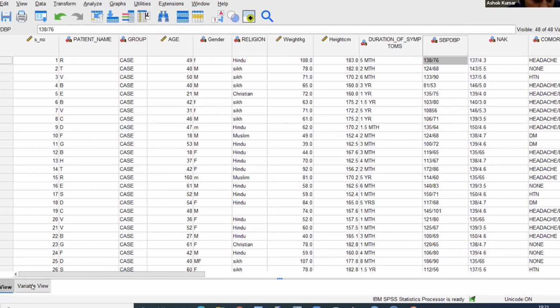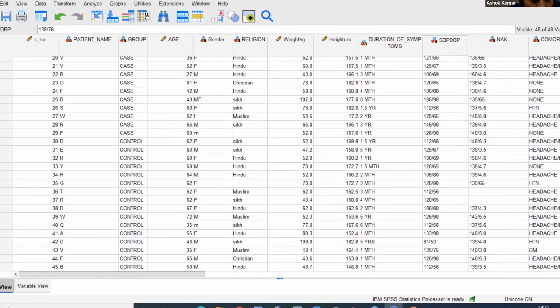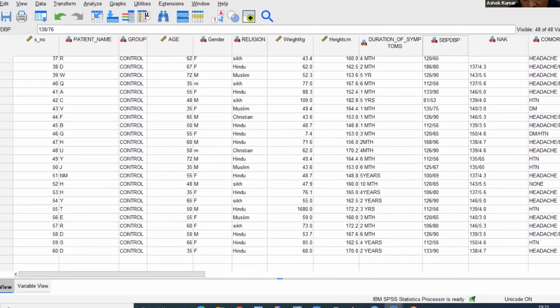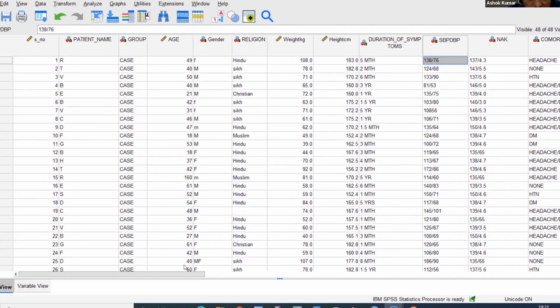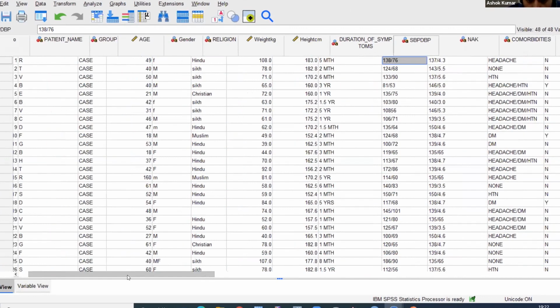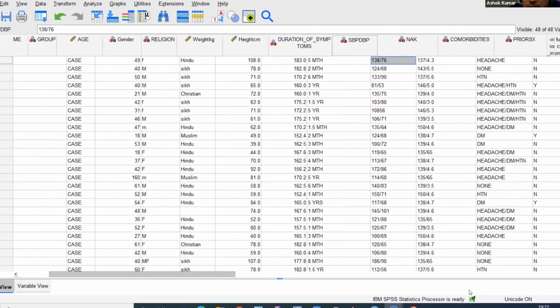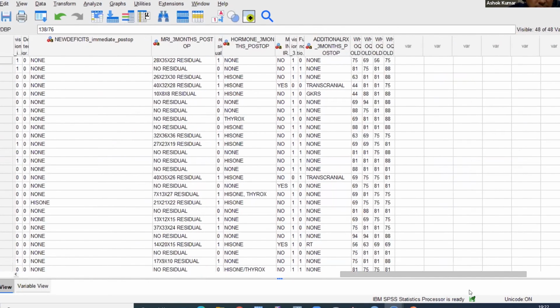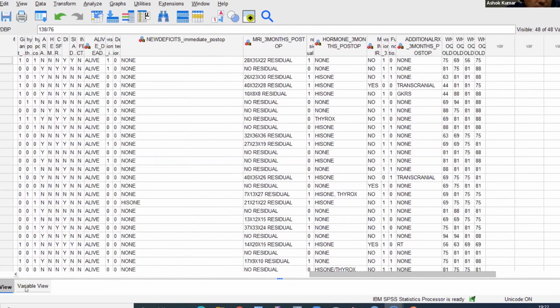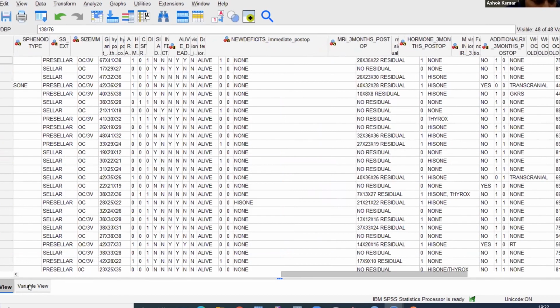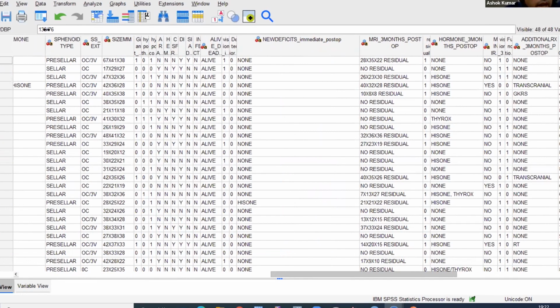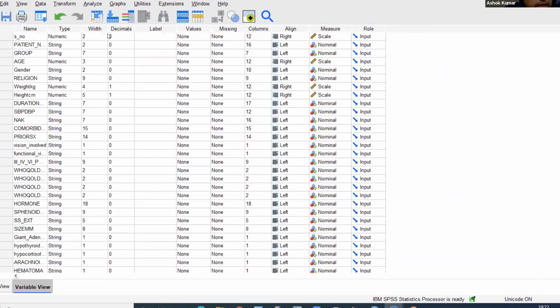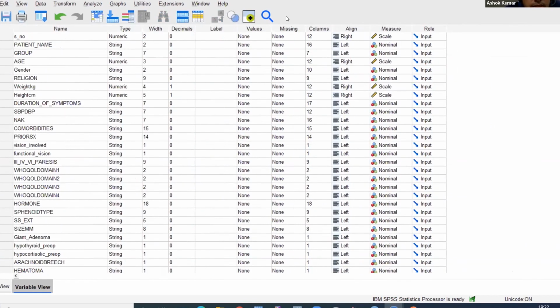And when we click here, this is serial number. I can scroll down, you can see 60 patients. Okay, this is 60 patients. Then I click here and scroll left to right. Then I see, okay, this is a WHO scale, and then this is okay. And when I want to see variable view, I have to click here